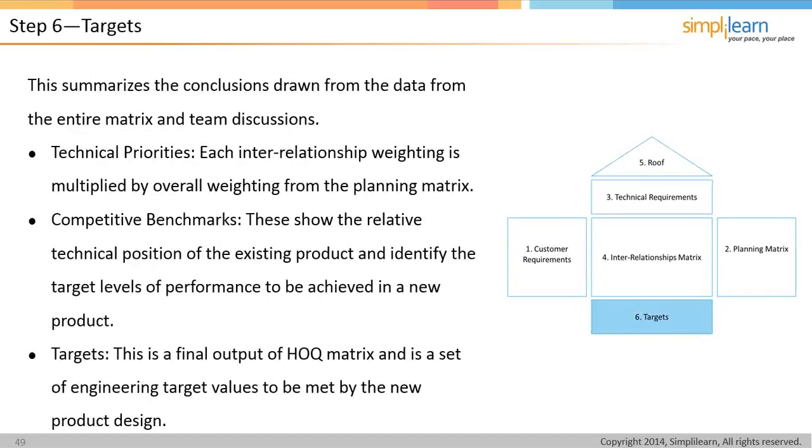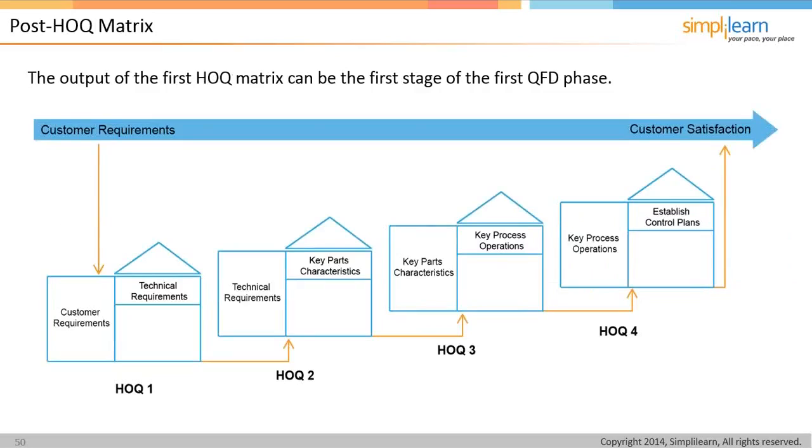And then the targets. This is where we summarize the conclusions drawn from the data from the entire matrix and team discussions. This is where we'll have technical priorities. So each interrelationship weighting is multiplied by the overall weighting from the planning matrix. The competitive benchmarks show the relative technical position of the existing product and identify the target levels of performance to be achieved in a new product. And as the final output of the House of Quality, or the QFD matrix, it's a set of engineering target values to be met by the new